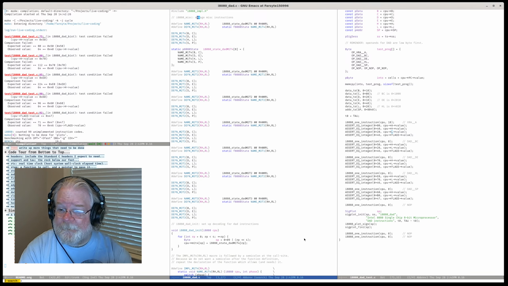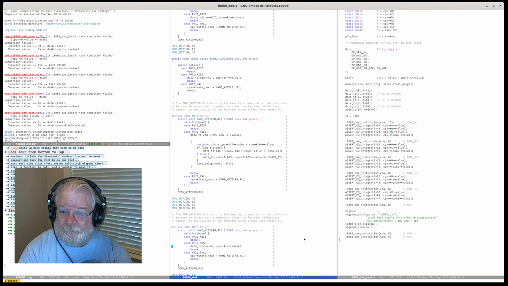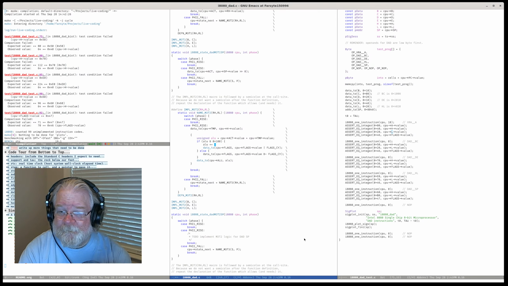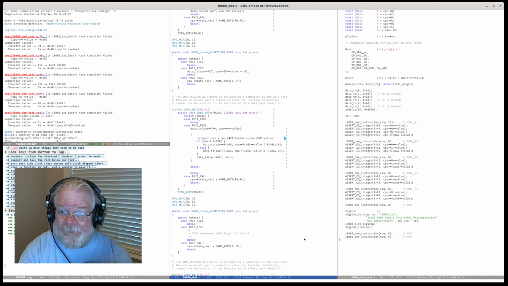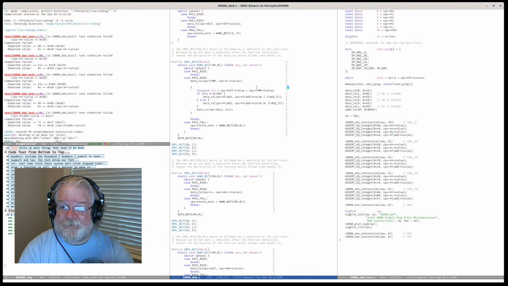In fact, I'm going to defer writing to ALU until after I write to the flags, since that allows me down here to say if CPU arrow flags. Now I'm using flags in several places, so let's give it its own.